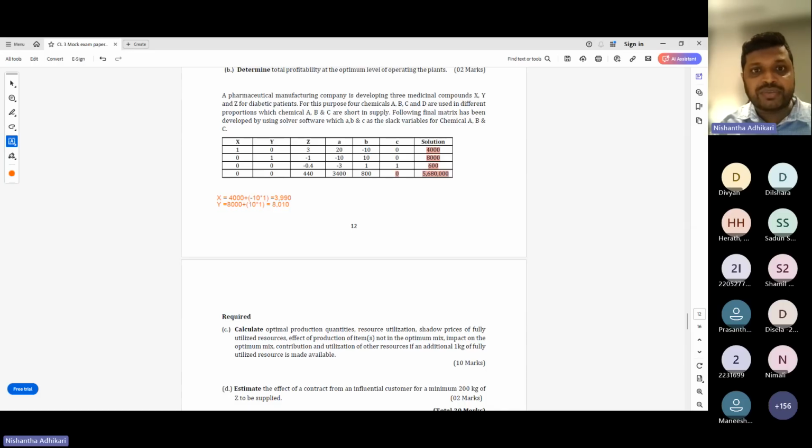Unutilized, it is again a plus effect. That is material C, 600 plus 1 into 1. It becomes 601 kilograms. If you receive 1 kilogram of material B, the contribution will go up by 800. Therefore, your contribution